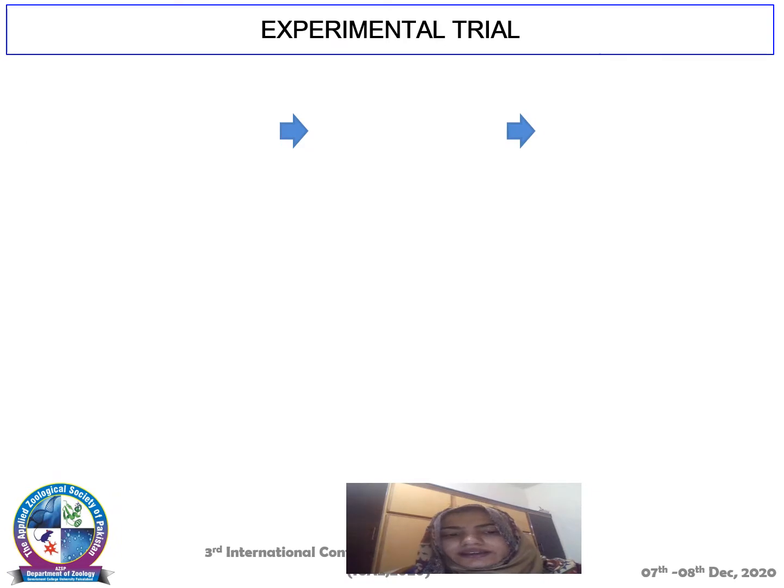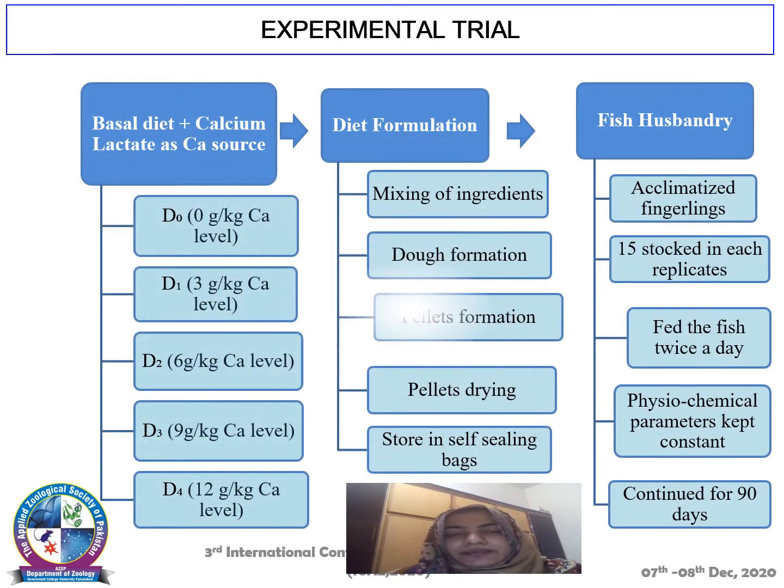In the experimental trial, the basal diet contained calcium lactate as a source of calcium, and 5 different experimental diets were formulated containing different calcium levels: 0, 3, 6, 9 and 12 gram per kg. In diet formulation, all the raw ingredients were mixed and dough was formed by adding 15% water. After dough formation, pellets were formed in a meat mixer, and after pellet formation, the pellets were dried and stored in